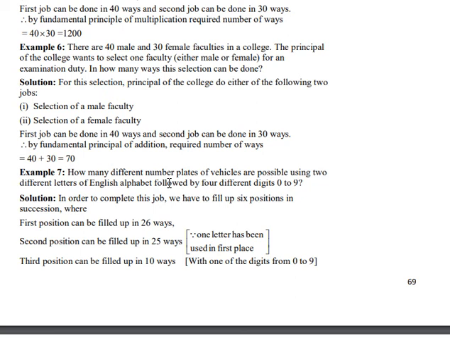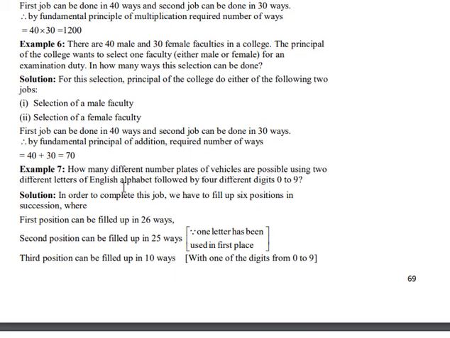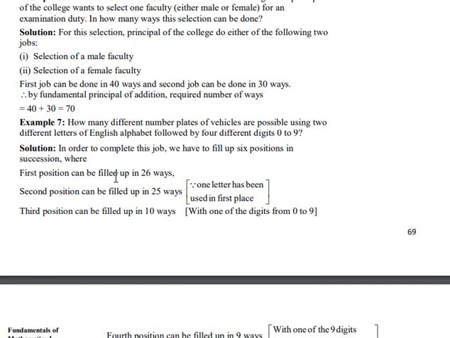So the first thing you have to take care of is that the number plates must be different. Different number plates means the alphabets and the numbers are entirely different; they cannot be the same. So the first position of those alphabets could be filled in 26 ways, and the next position in 25 ways. So if the first is filled with A, then the second one would be filled with B